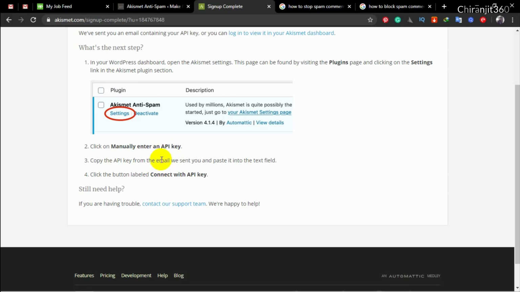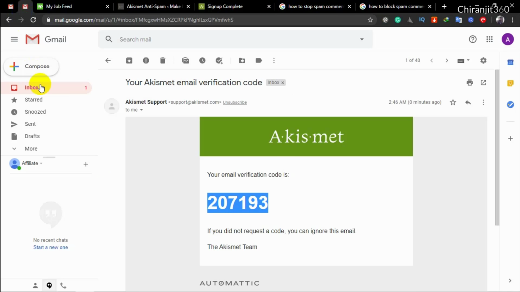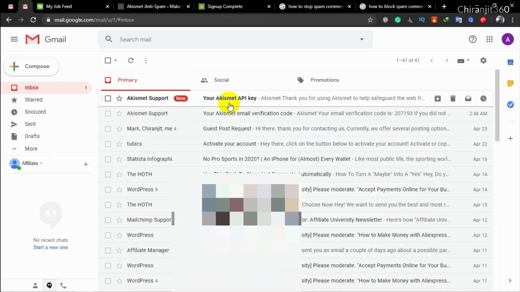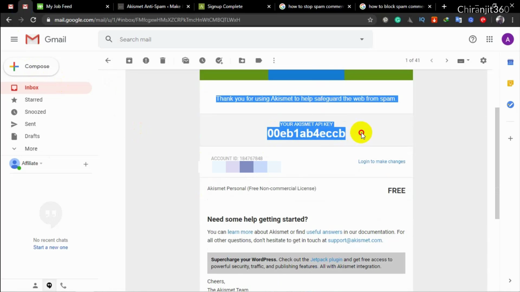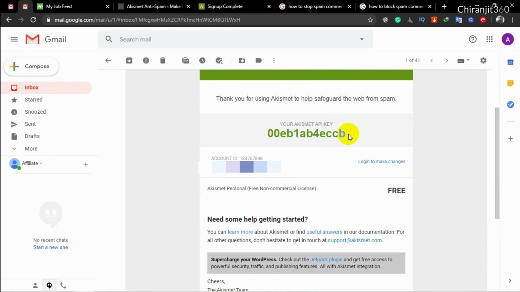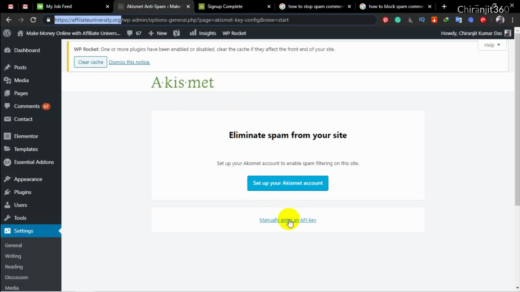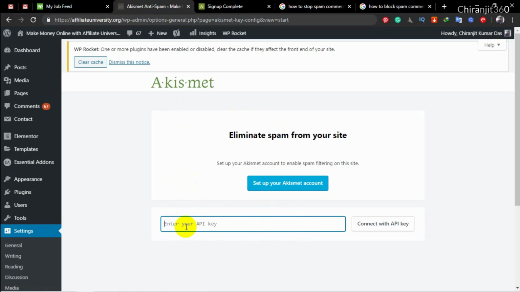Copy the API key from your email address. You can see the API key has already been sent to me. So I'm just copying the API key. Okay, here you go, and here I already have the option to manually enter API key. So I'm clicking here and clicking paste, connect with API key.